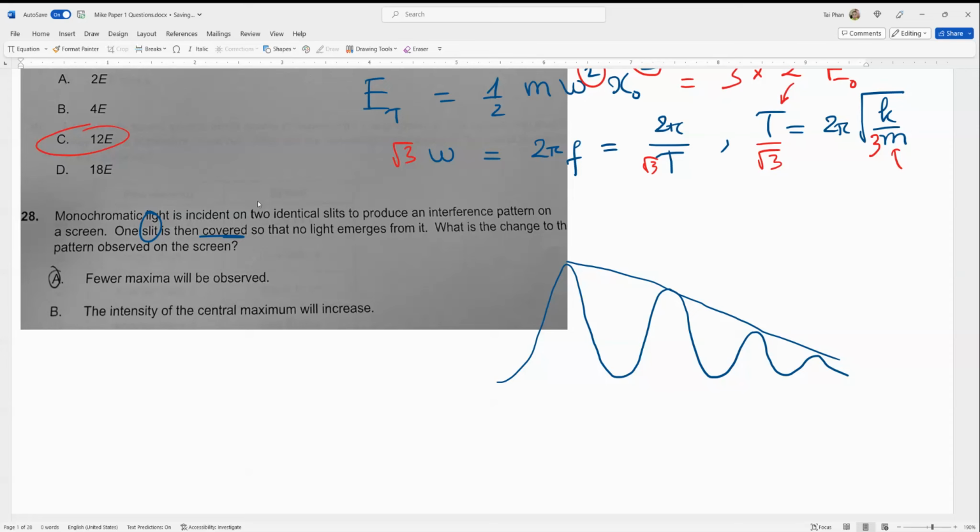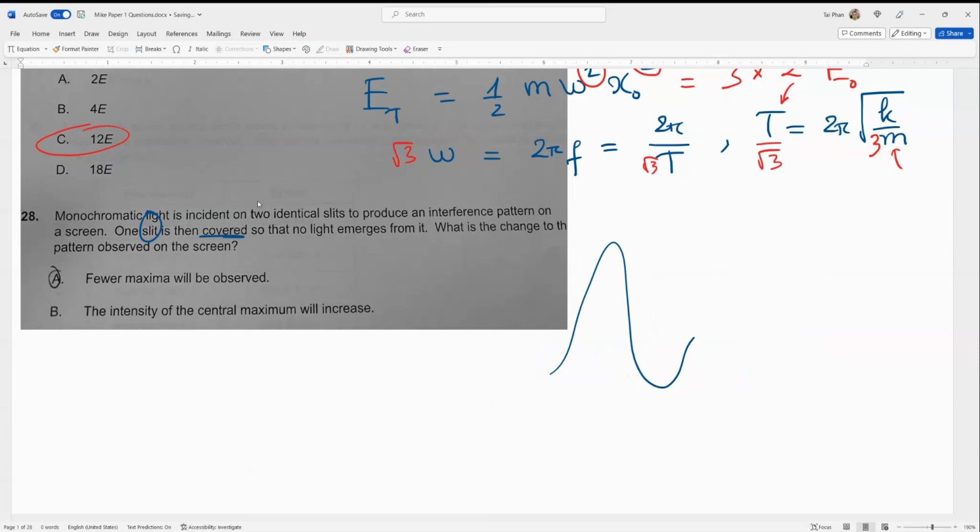intensity. But when we cover one slit, the amount of light passing through is only one single slit. And anyway, now it becomes single slit diffraction, not the interference of double slit anymore, and therefore the new pattern will have less maxima, and lower intensity. Fewer maxima will be observed. Okay,